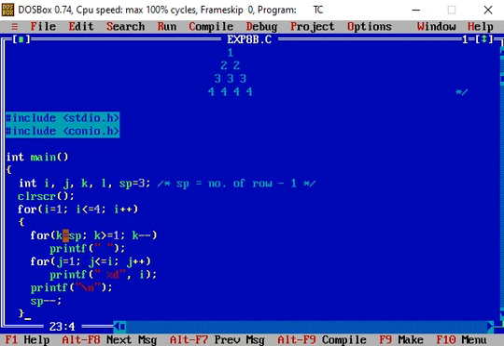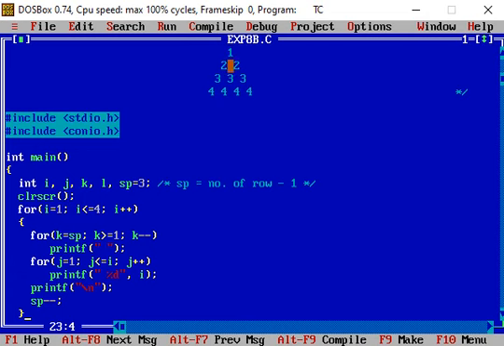So here the condition set is k equal to sp, that is equal to 3, semicolon, k greater than or equal to 1, till this condition is true, and then we have to decrease the value of k. That is, we see that in the pattern the first number 1 is printed after shifting 3 column positions right.